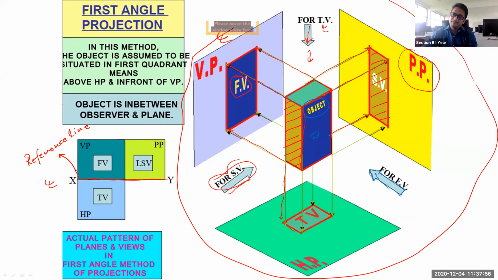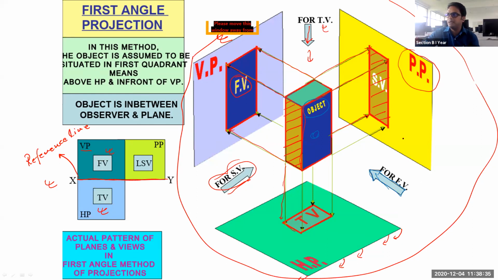This is your reference line. And as we have opened it, the vertical plane will go above your reference line. This is your vertical plane VP, and the horizontal plane was initially horizontal like this. Now we have opened it, so it will come down. How are we opening it? We are opening it in this direction. Once again, you can see here, we are opening it in clockwise direction. So this horizontal plane will go below your reference line. So the top view you will get below your reference line, and the front view you will get above your reference line.